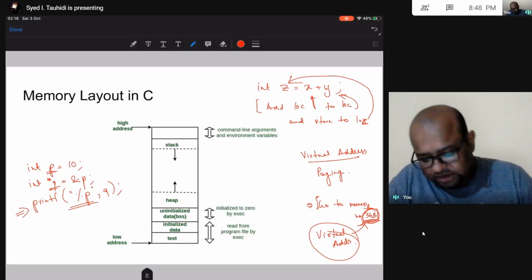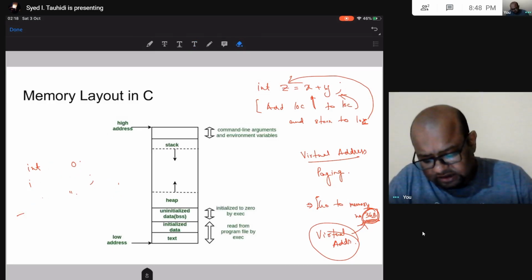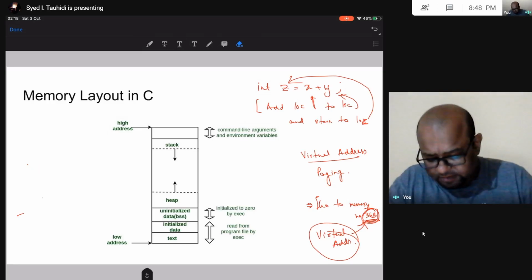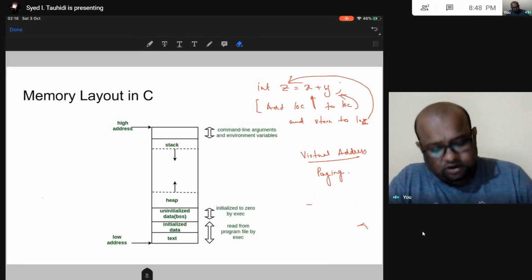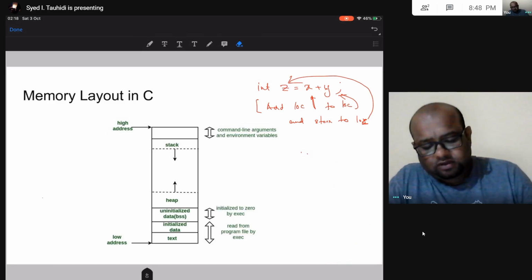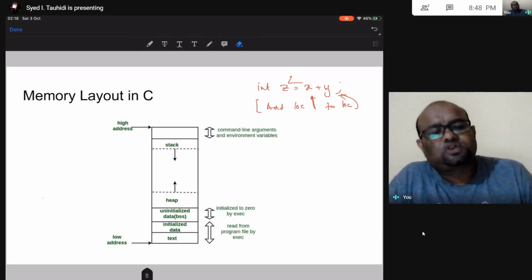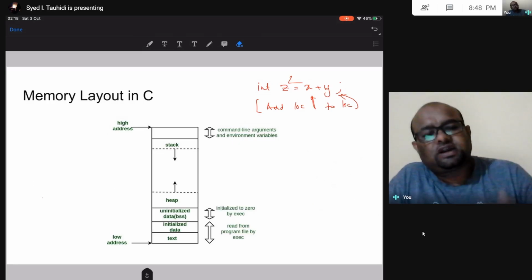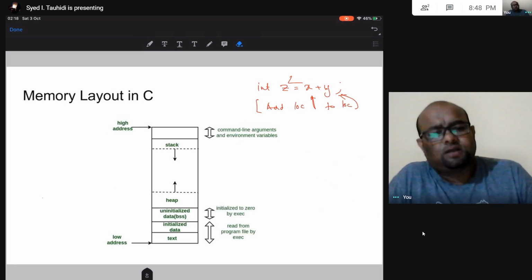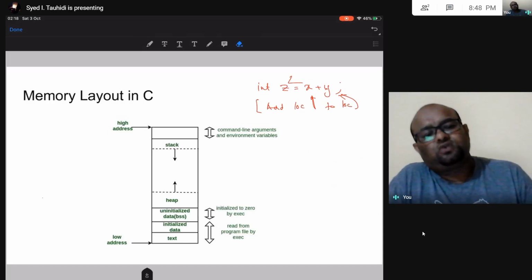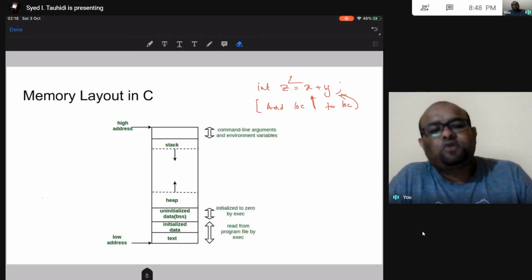Alright. So that being said, let us once again talk from the beginning. We have a program. Our program is going to be in some text file, our source file, something.c. We are going to compile it into an executable file, a.out or something.exe, and then we are going to run this executable file in our computer, right? So when we run this executable file, the operating system is going to bring that file and put it in the processor, and it is going to allocate a certain amount of memory to our program.